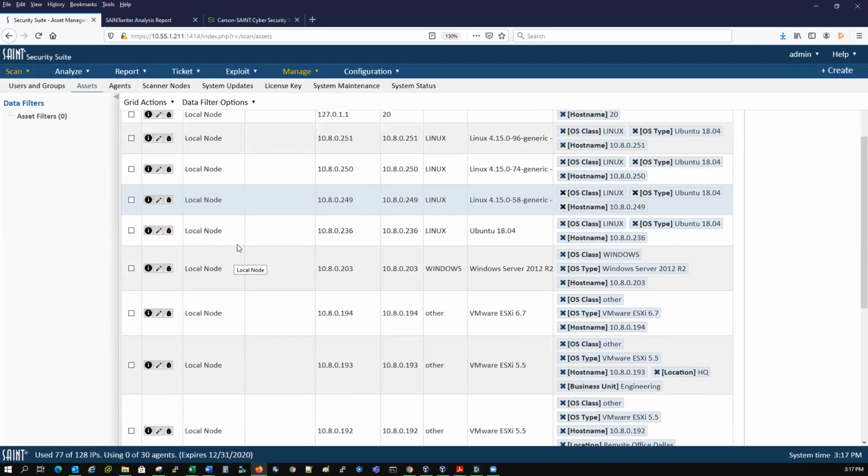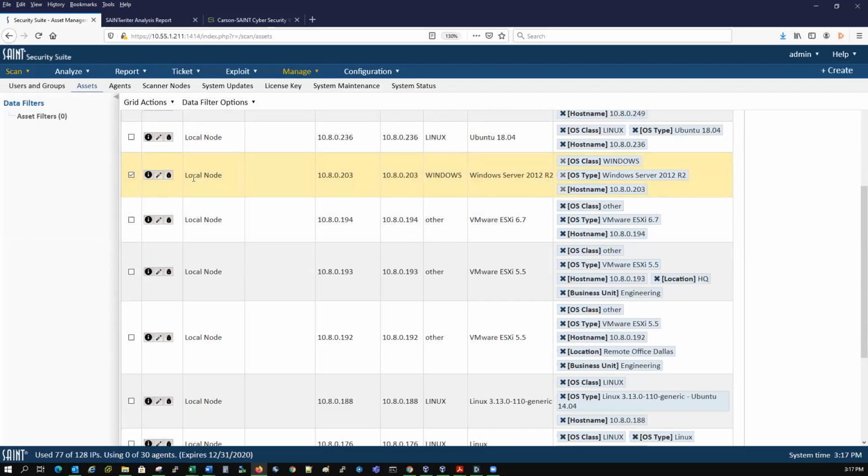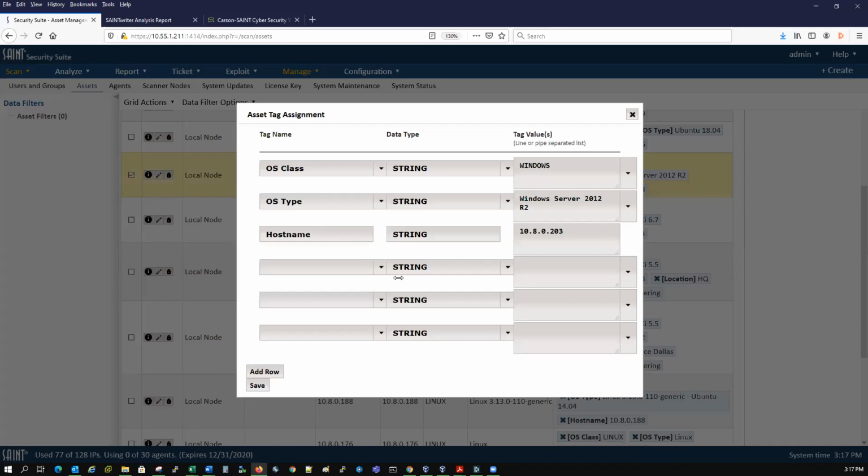And being able to, for my Windows server here, now I want to do some additional asset tags. I can do what the location is, and tie that with what the business unit is. Say it's engineering, and then also I could put in the compliance for that, and say maybe it's tied to PCI,